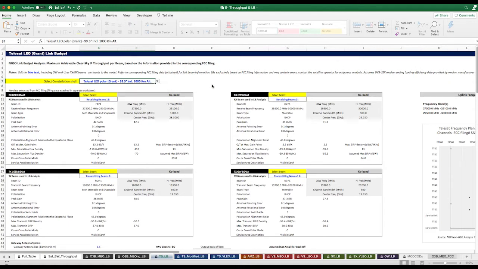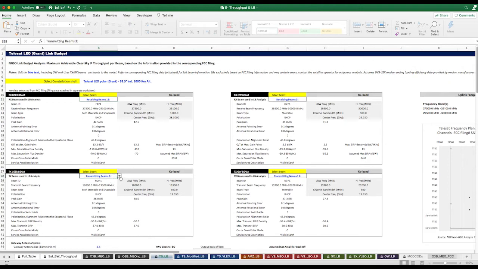However, for now, let's do a single-hop link budget analysis, assuming that the gateway station and user terminal are visible by the same satellites. The tool allows the individual selection of gateway and user beams. As an example, let's say we want to calculate link throughput using the following user and gateway beams, selectable from the drop-down menus. User uplink beam number 13, which is a receiving beam from the point of view of the satellite,